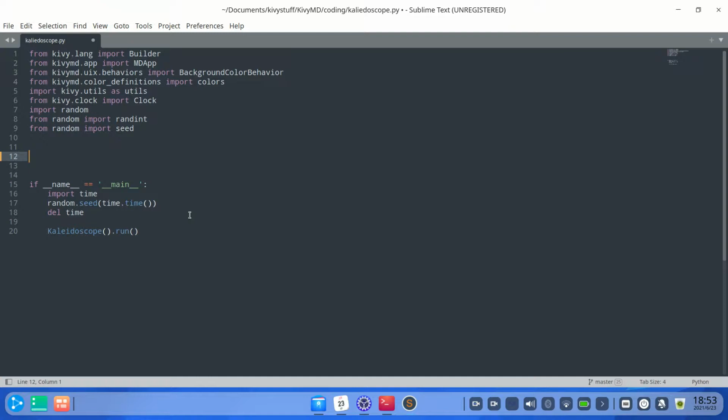Hey, what's up YouTube? Today I'm going to do a kaleidoscope using KivyMD. What I'm going to do is manipulate the shapes and colors to form interesting patterns, therefore the kaleidoscope. So what I have here is the standard library that you use in KivyMD,